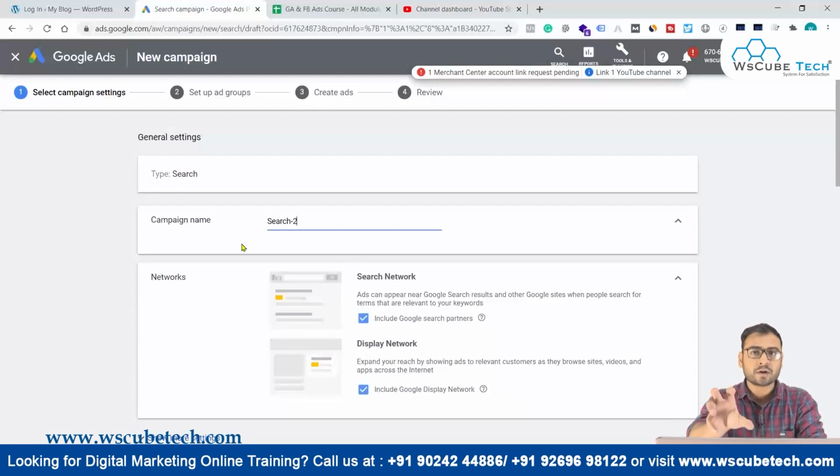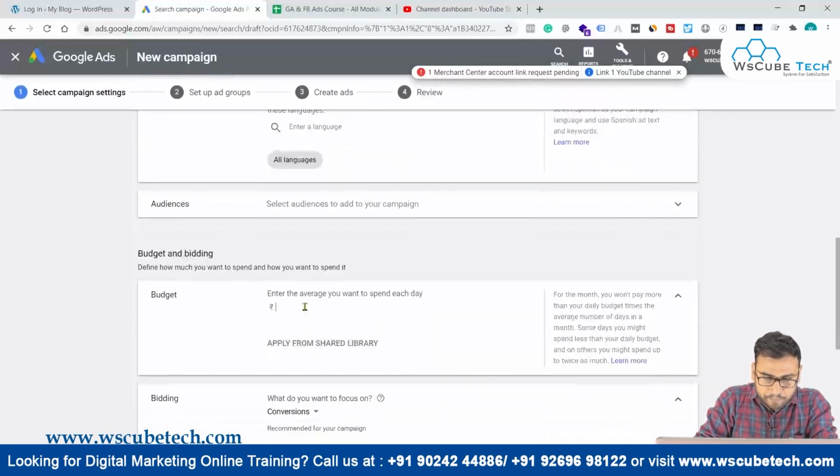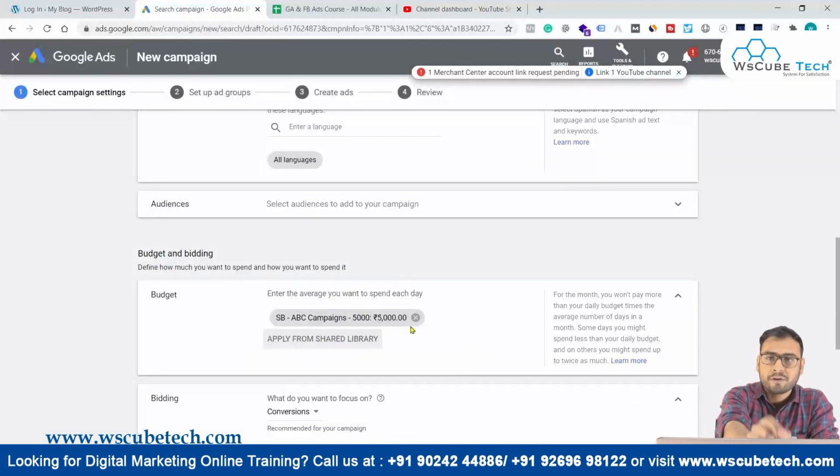Why do you have both the options? Because now you have defined your shared budget, but you have not attached any campaign to that shared budget yet. But yes, you have the option over here. If you come down and see Apply from shared budget, you can select this, and this budget will be utilized for this particular campaign. Got my point? So if you are creating multiple campaigns, you can use this shared budget for different campaigns, like campaign number 1, 2, 3, 4, 5.